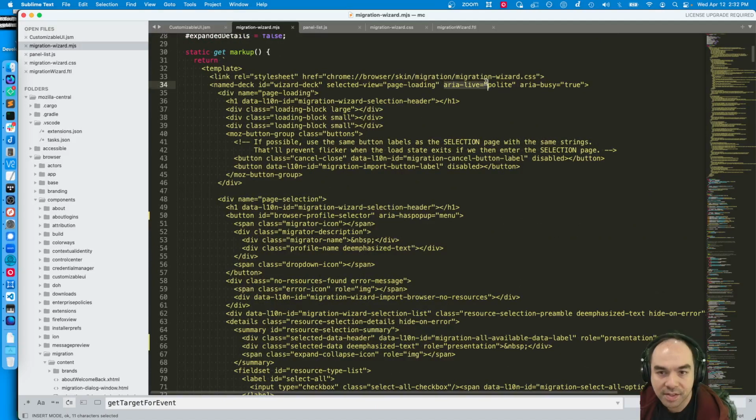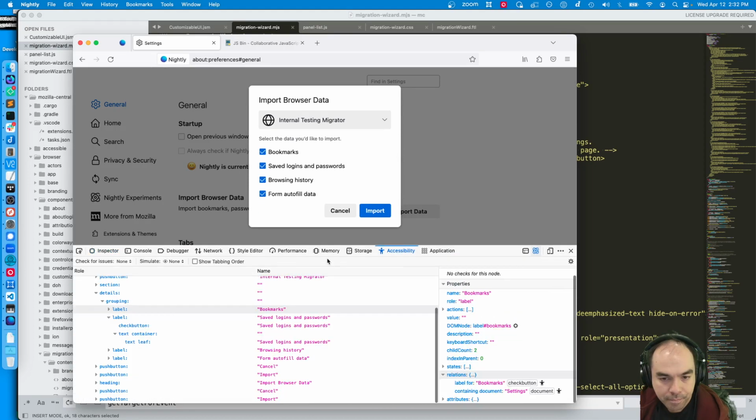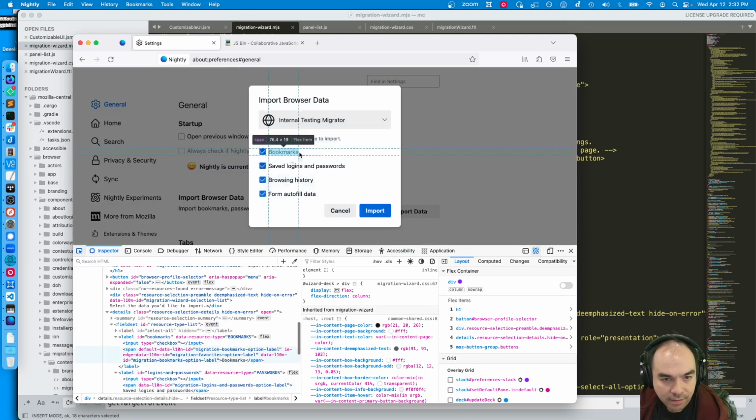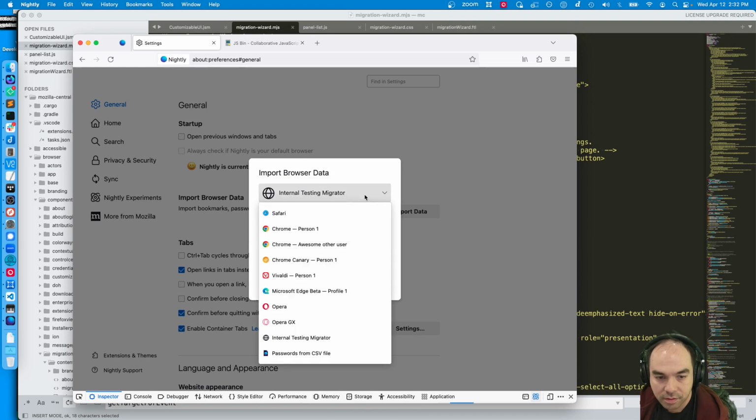Oh, the whole thing has ARIA live equals polite. If I say, for example, that this fieldset, and then turn